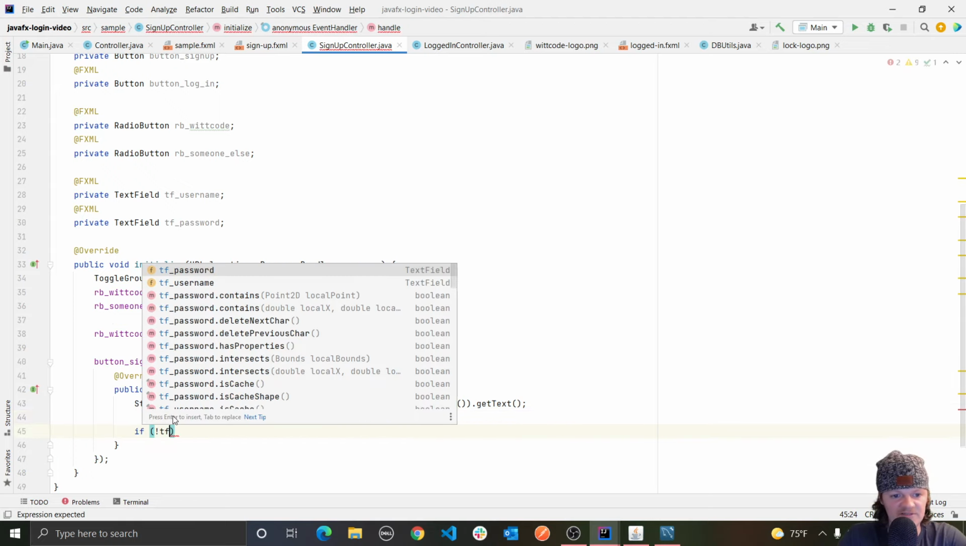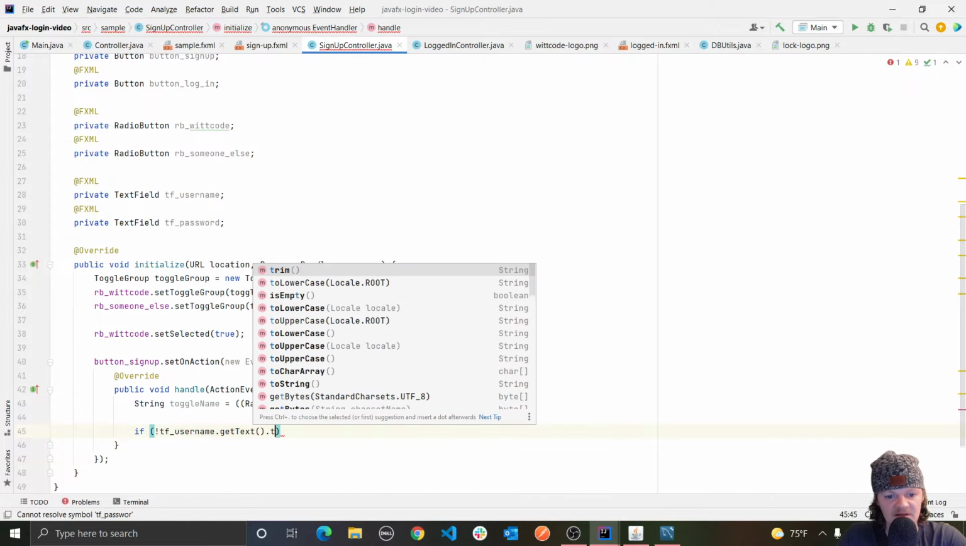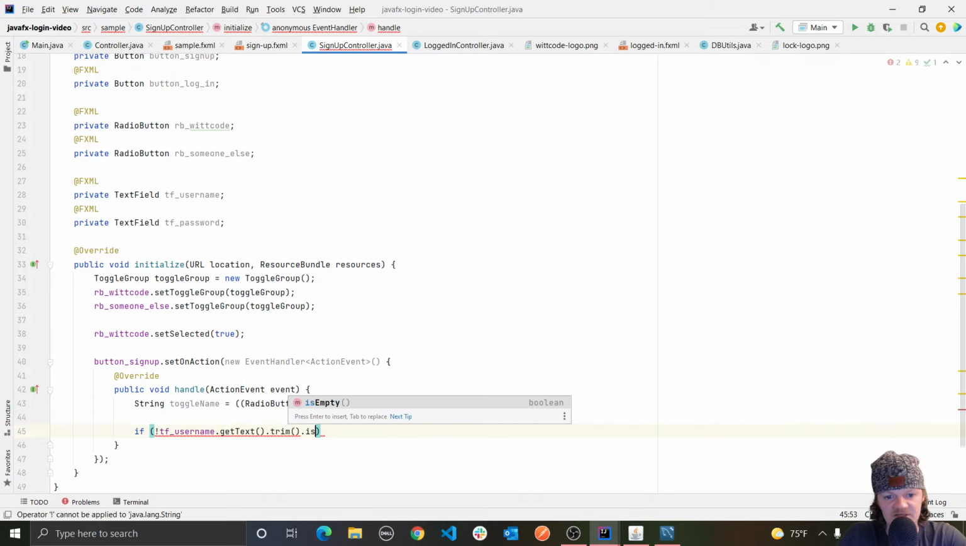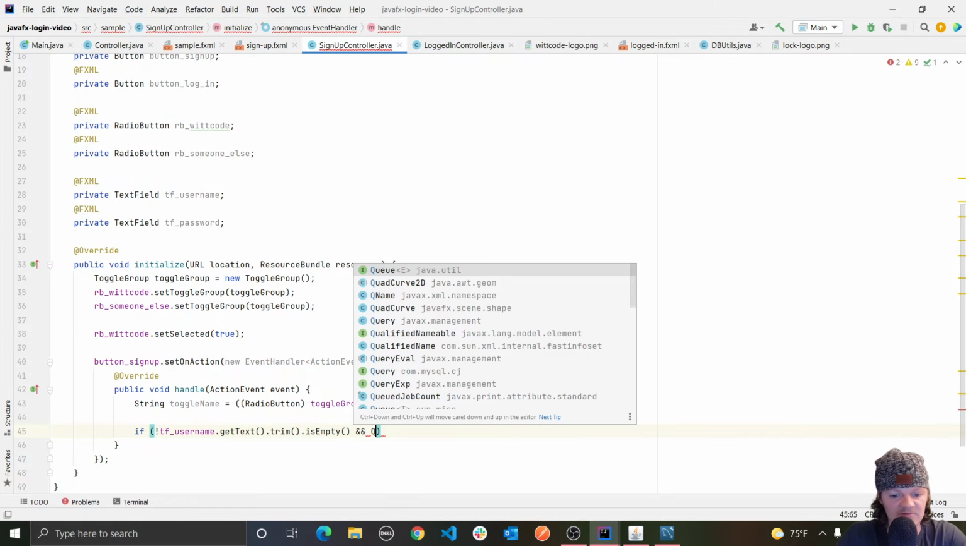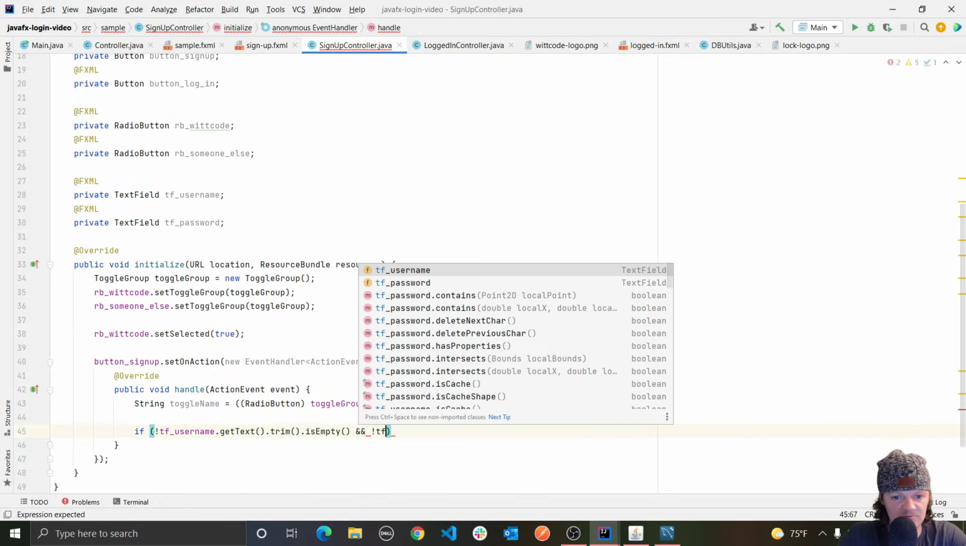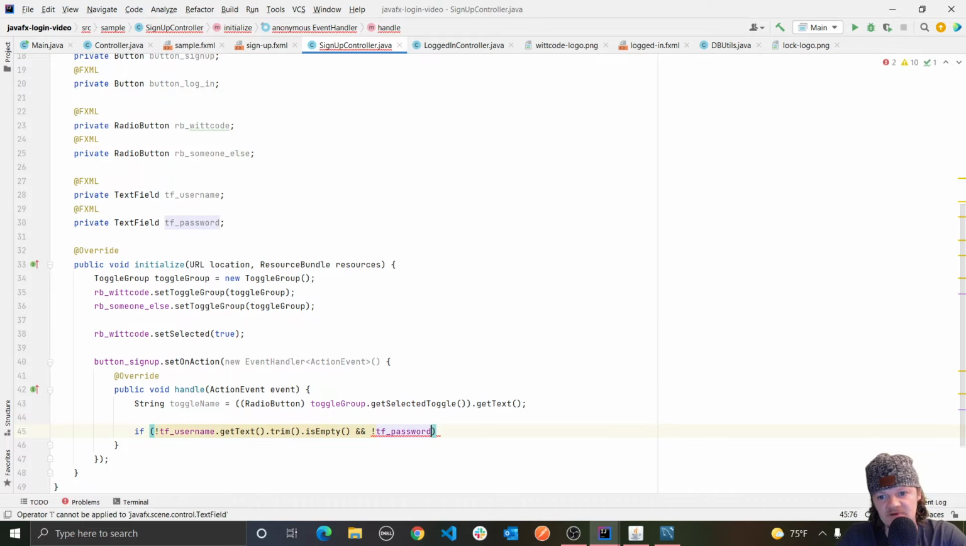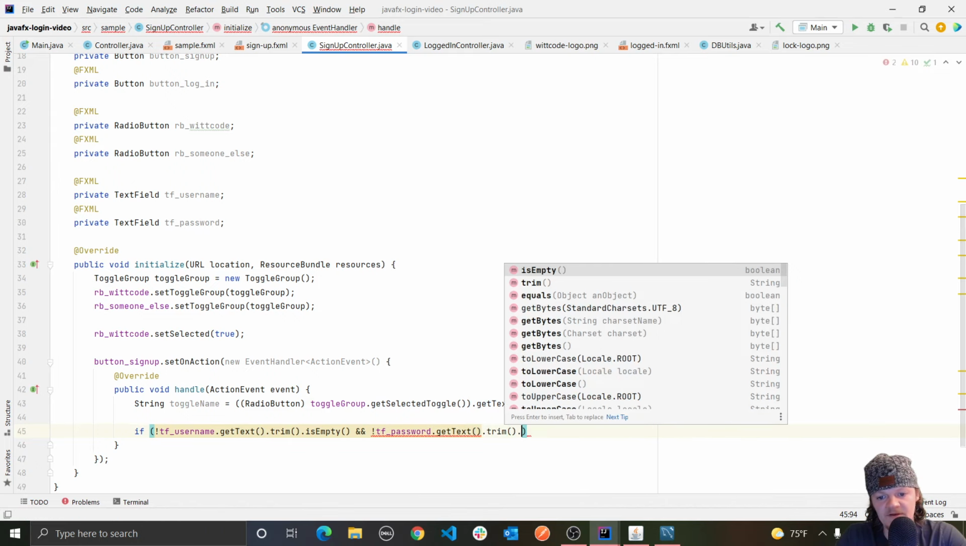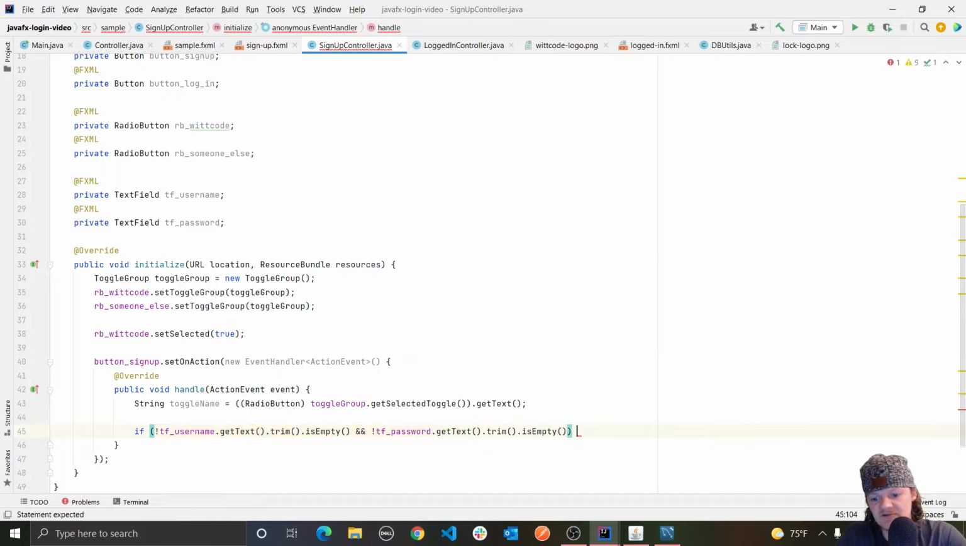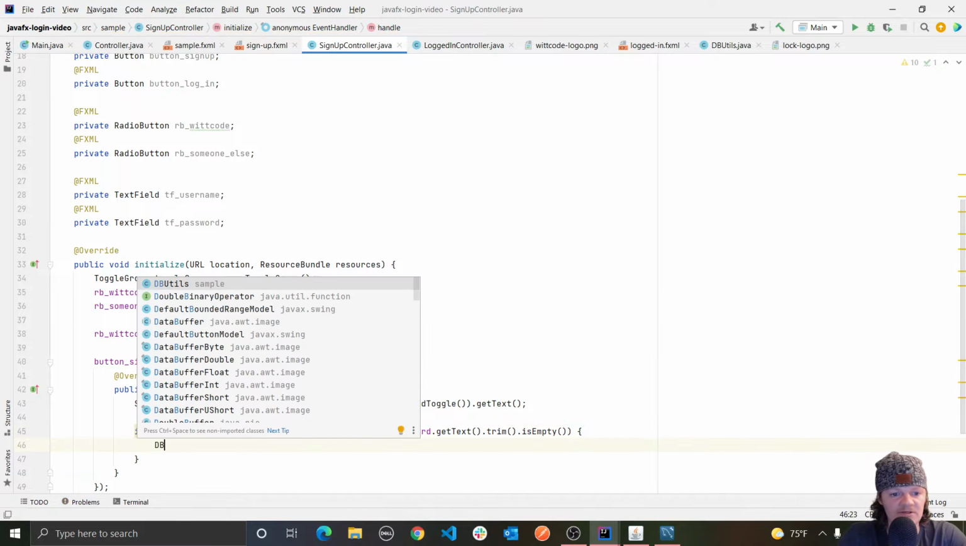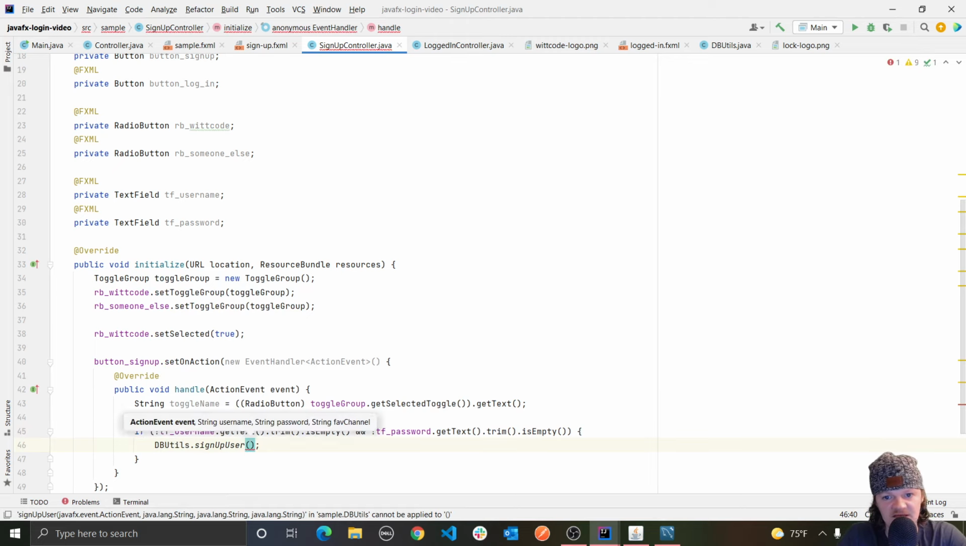So we'll say if tfUsername.getText, and then we want to trim it, and then we'll call the method isEmpty, and we're checking if it isn't. Notice the exclamation mark there. So we're saying if it isn't empty, and the password isn't empty. So another exclamation mark and tfPassword, and then we're going to do .getText().trim().isEmpty(). So if those aren't empty, then we're going to do DBUtils and that handy method we made,